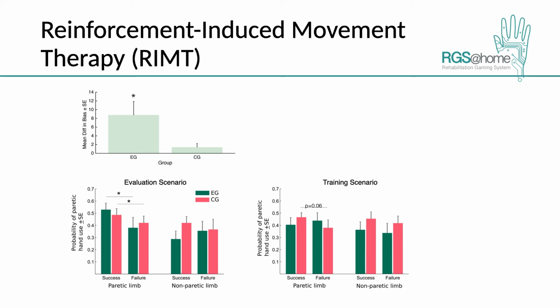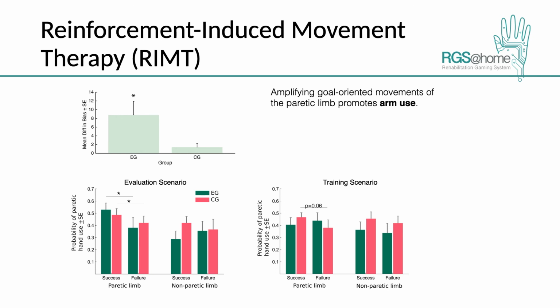Also, we performed a sequential analysis of hand selection, and we see that when patients were successful or failed in the previous trial, this had a significant effect on the probability of using the affected arm in the subsequent trial. This only occurred when they were using the affected arm, which apparently shows that these patients are highly sensitive to failure when using the affected limb. Therefore, reinforcement may have an important potential here for promoting recovery and promoting action selection.